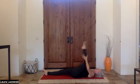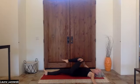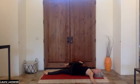All right, now bend that knee. Extend the left arm out, palm is up. Take the right arm over, grab the side of that leg, and we're going to twist to the right this time. Left leg comes over. So this one is a passive stretch. So once you get into position,